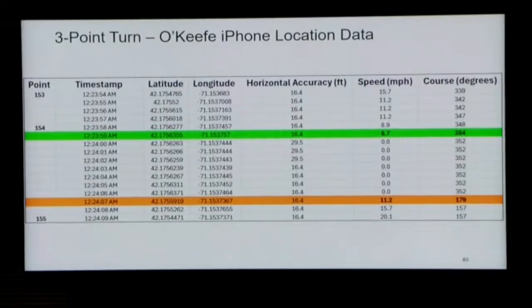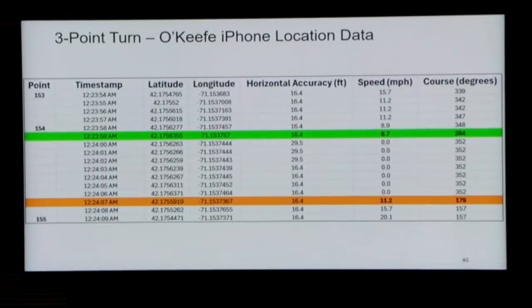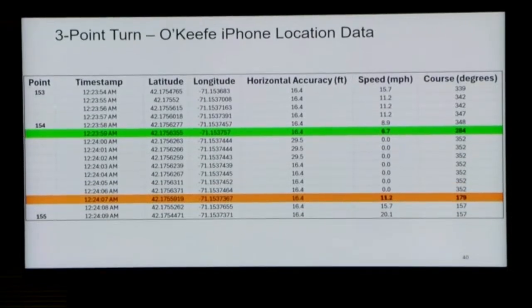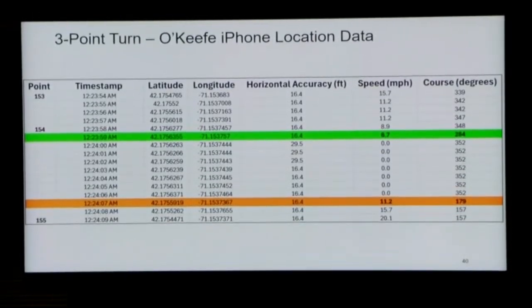So what we've got here is the partial data along with the full data set that I was provided later on. We've got point, which is the GPS point from that partial initial data set. We've got timestamps, which are every second. With every second, there is a latitude and a longitude recorded, as well as a horizontal accuracy, a speed, and a course heading.